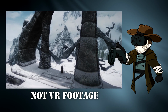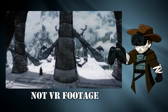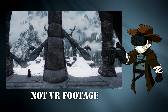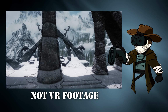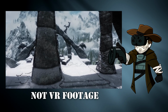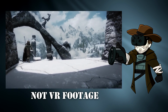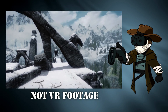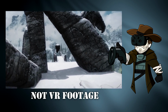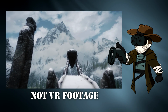All I can tell you is I was somewhat disappointed in the VR experience when outside. It didn't feel as vast as I was hoping it was going to be. I suspect when it makes its way to Vive, if it makes its way to Vive, that will not be a problem. And I'm hoping it makes its way to Oculus as well, but we'll just have to see. And that when I walk around Bleakfall Barrows, I will feel the size around me and the distance of the mountains, because of course